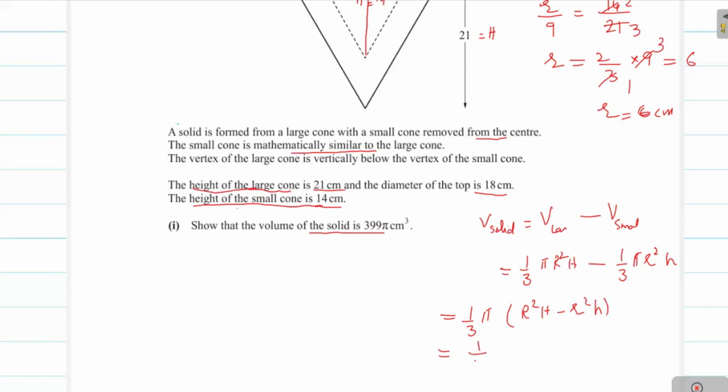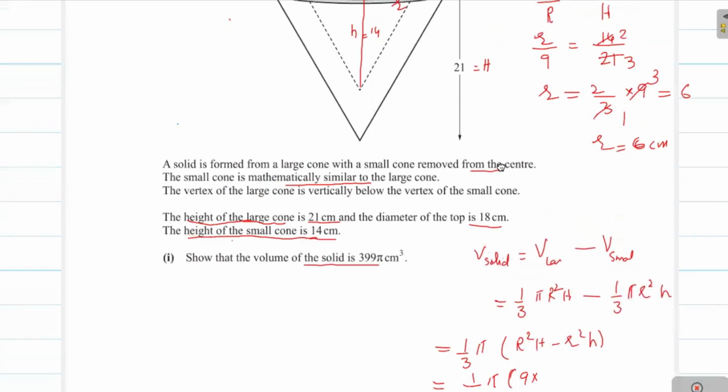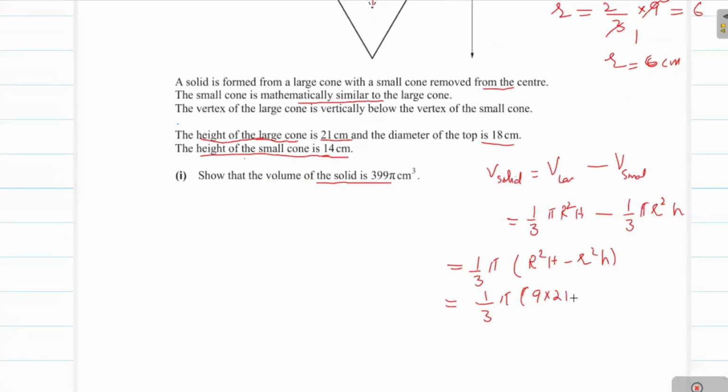Now here the value of r is 9, the radius of the large cone is 9. So we write 9 square into the height of the large cone, 21, minus the radius of the small cone, 6. Therefore, 6 square and the height is 14. And 1 over 3 pi into 9 square